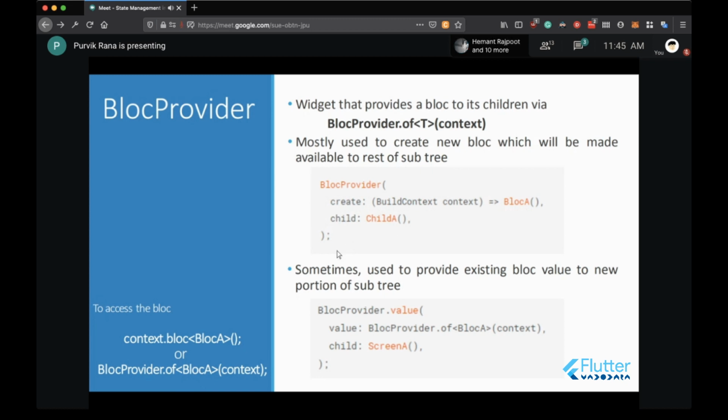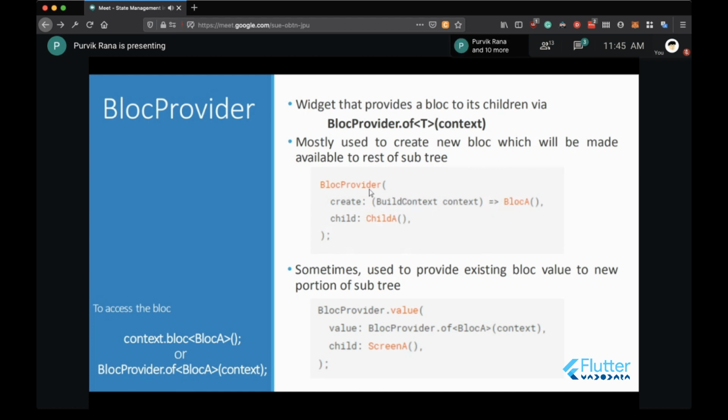And sometimes it is also used to provide the existing block value to the new portion of the subtree. So let's say you have the child A, and inside the child A, somewhere in the widget tree you have the screen A, and inside the screen A you want to pass the instance of this particular block A, which we have passed from over here.